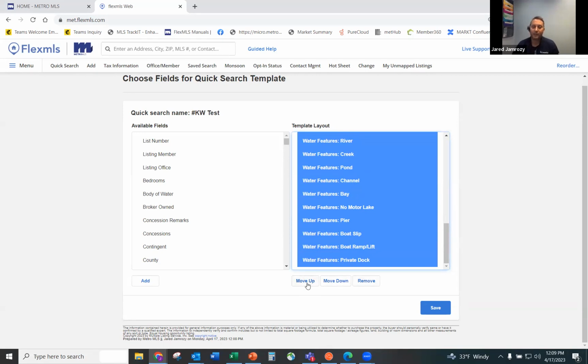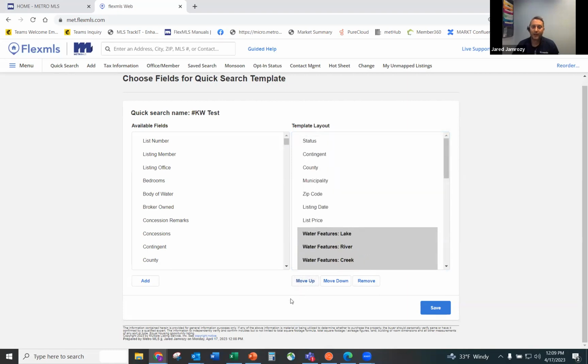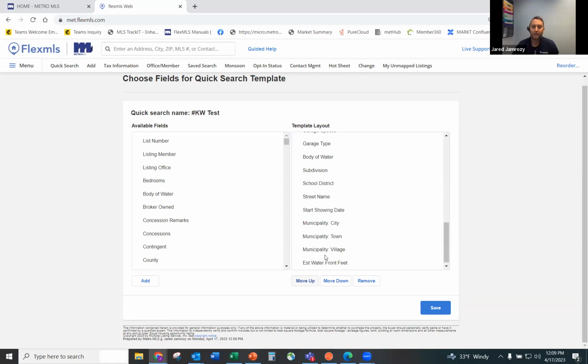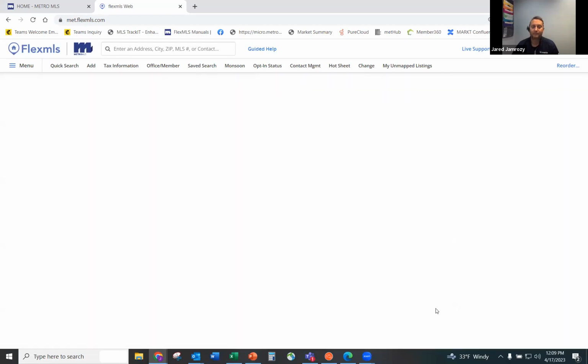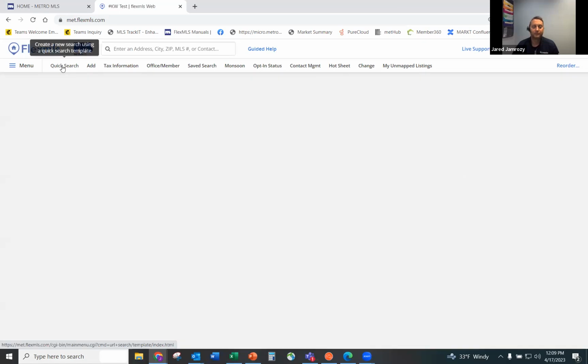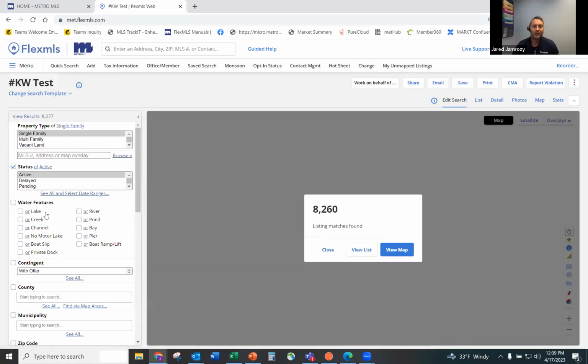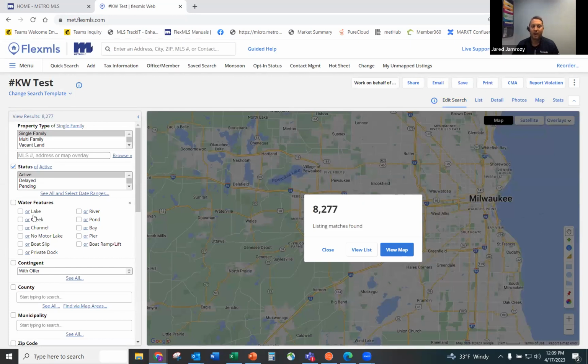Once I have those selected, you can see I can move them up, move them down, or remove those options. So I'm going to go ahead and click on move up. I'm just going to move these up all the way to the top. And when I'm happy with that, I'm going to click on save. So when I go back to my quick search, I have my KW test, and now you'll see that all of my water features are at the very top